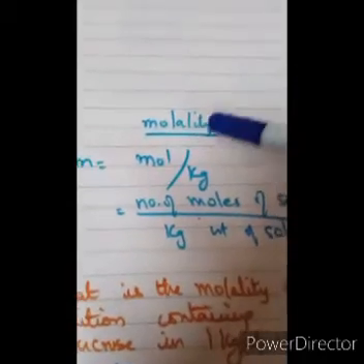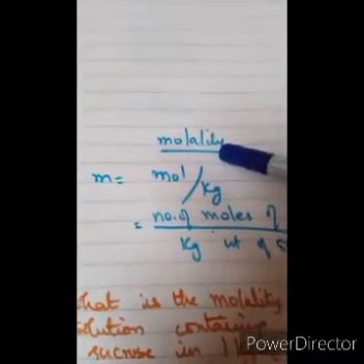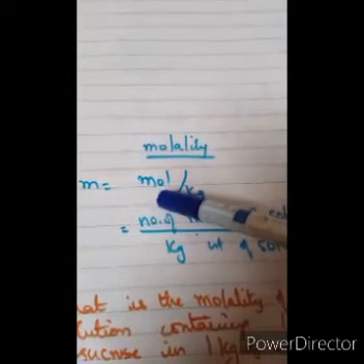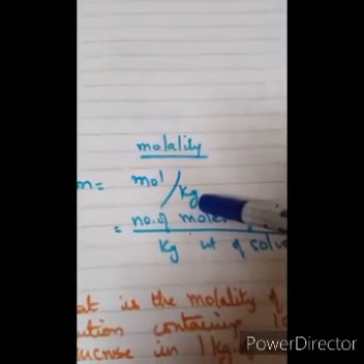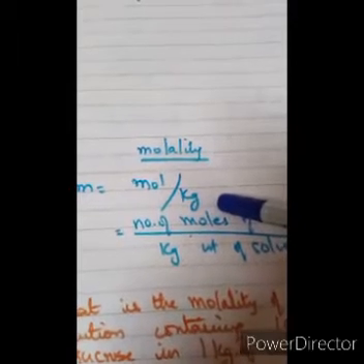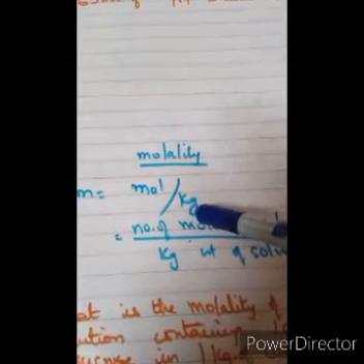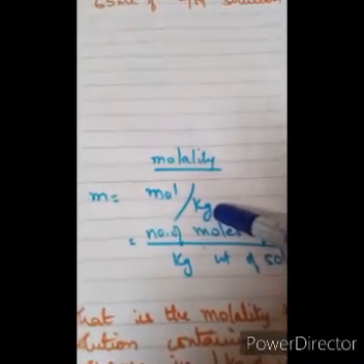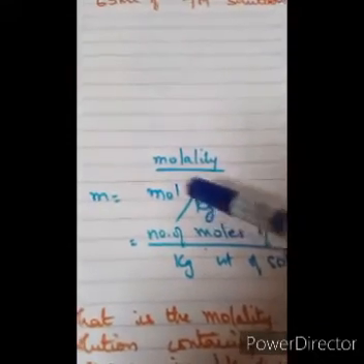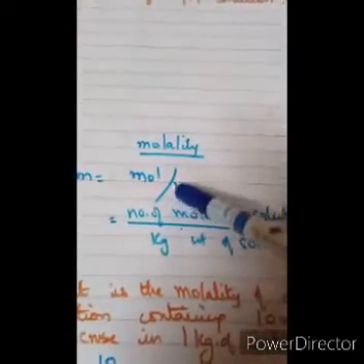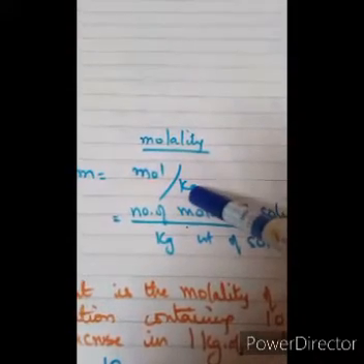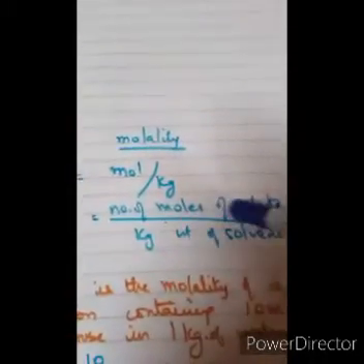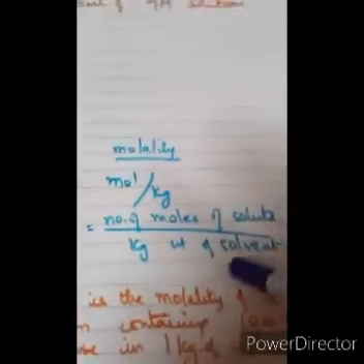The fourth method of expressing concentration is molality, represented by small m. It is given by dividing moles with the kilogram weight of the solvent. This is the difference between molarity and molality. In molarity, it is expressed in liters. Here, the solvent weight is expressed in kilograms. If you have observed in these two cases, here only the solvent's volume is considered, not the solution. So small m is nothing but number of moles of solute by kilogram weight of the solvent.